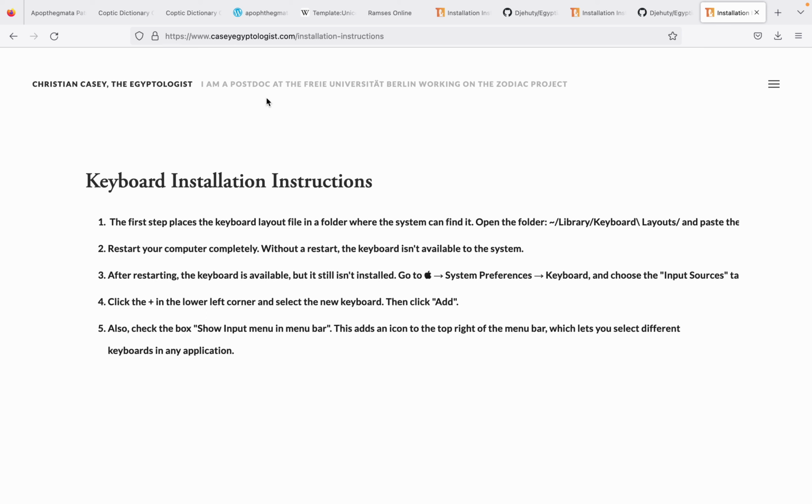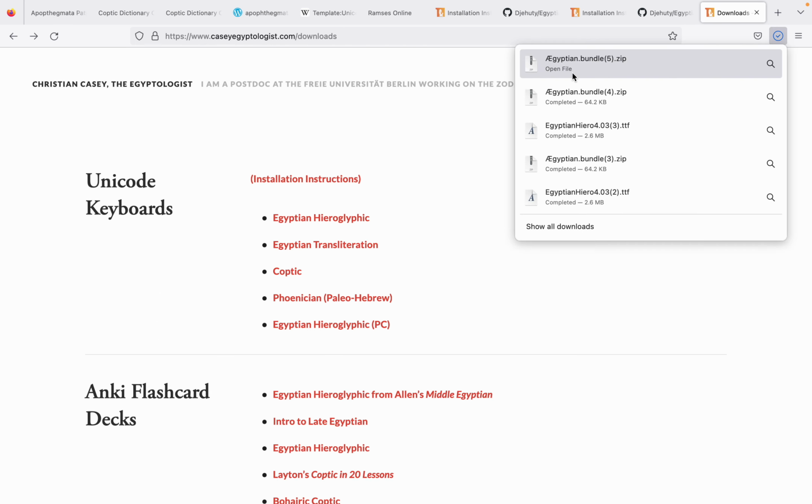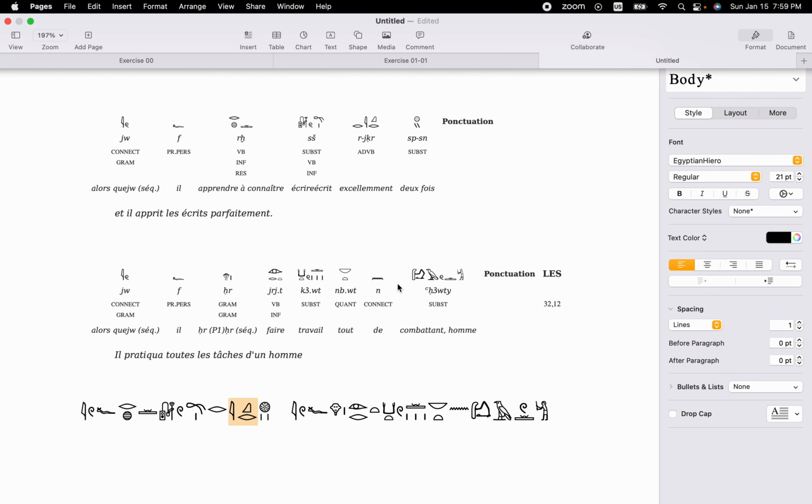But essentially what you want to do is download this package. It's going to be a zip package, and then follow the instructions, install that one. And once you're done with that, you will have the option to choose Egyptian as one of your keyboards. And if you type that way, mistake, we want this, then you're going to be able to already type in hieroglyphs using either the phonetic transcription